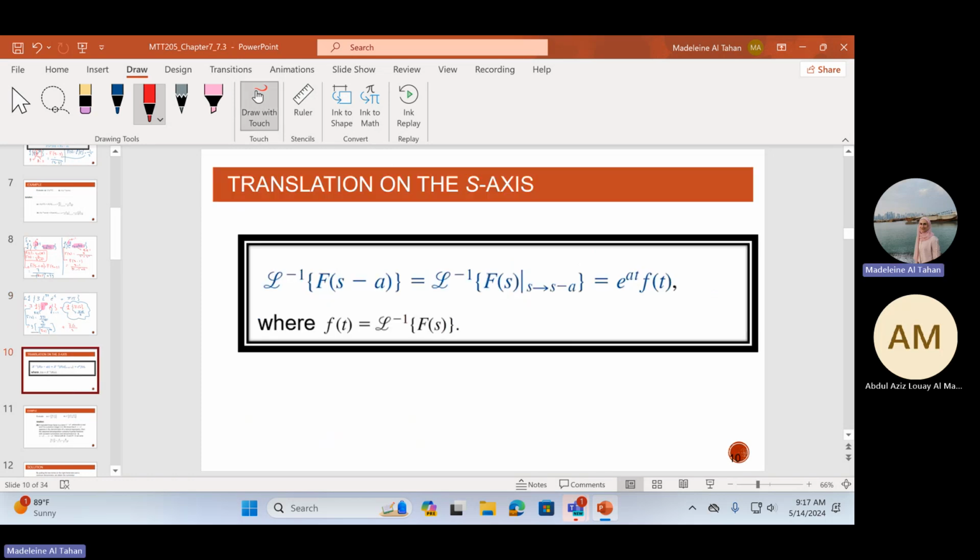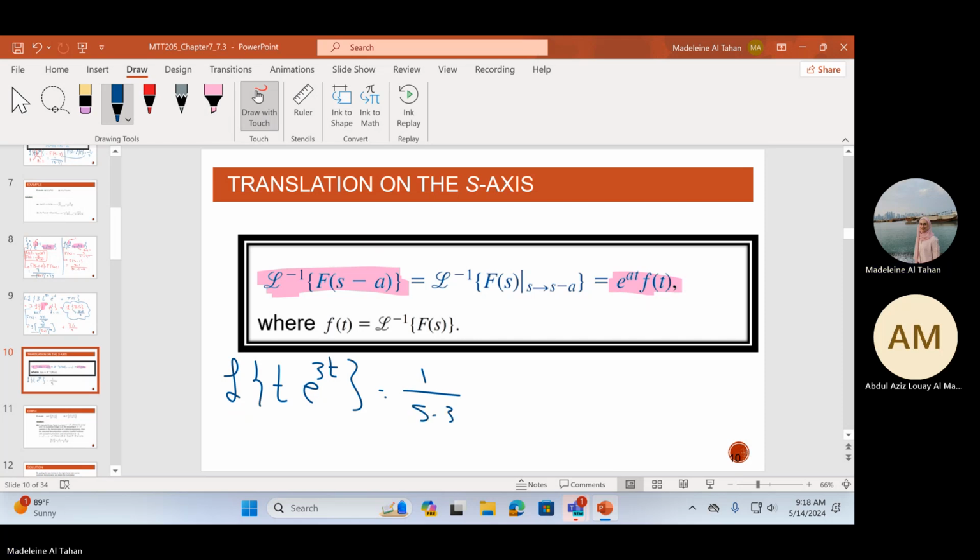Laplace of e^(at) f(t) is equal to F(s minus a). So the Laplace inverse of F(s minus a) will be e^(at) f(t), right? Let's look at this one. Laplace of t e^(3t) is 1 over (s minus 3) squared, right? So what can we deduce here? Laplace inverse of 1 over (s minus 3) squared is